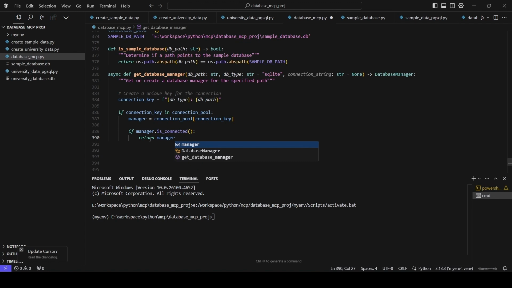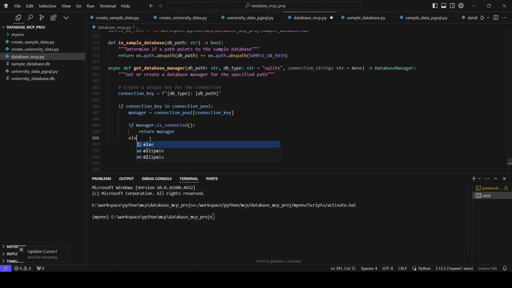So if it returns true, which means the manager is connected, then this will return the existing manager object. Otherwise, we will write else